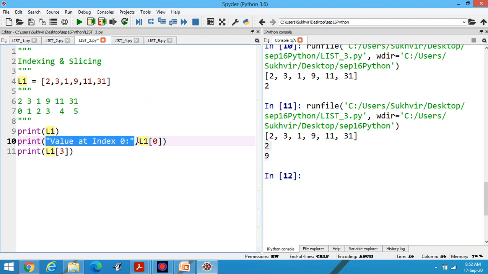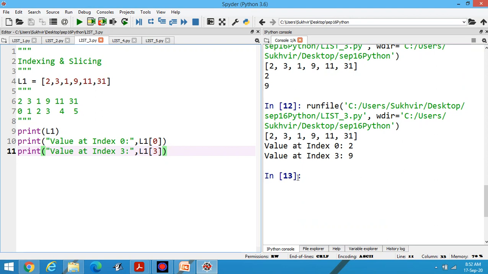Here you can copy and paste: value at index 3. Now check the output, value at index 0 and value at index 3. You can print the data like this.